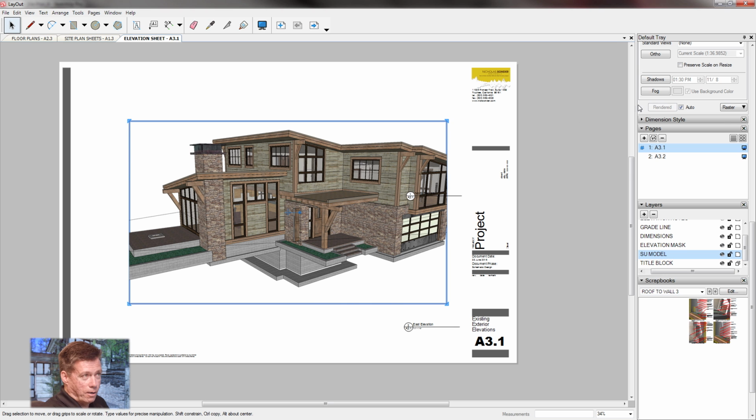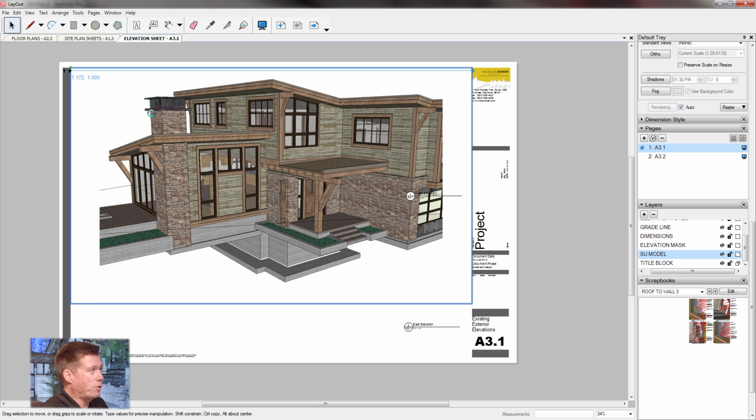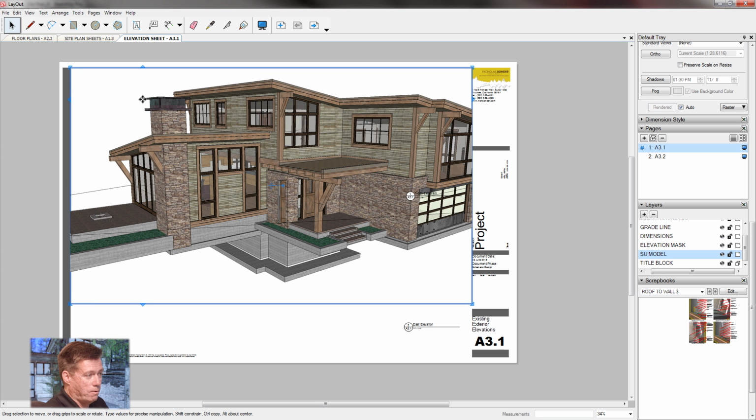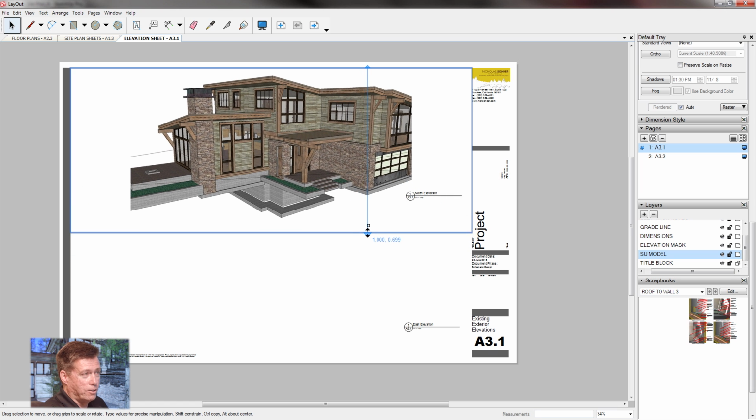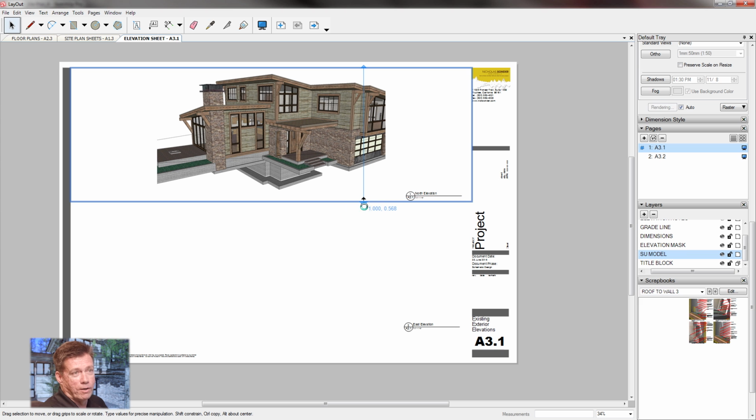So now I know I'm going to use the full width, but I'd like to get 2 elevations per sheet. And that works well with quarter scale on a 24 by 36 inch sheet. And so I just do it approximately. I can resize it if I need to a little bit later. Once I've got it positioned,